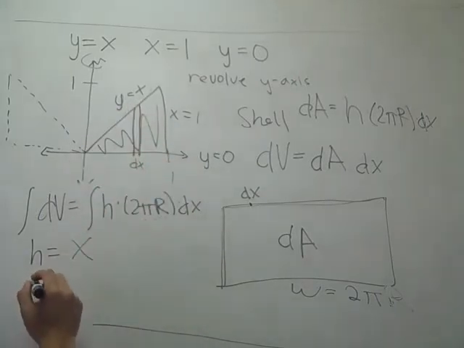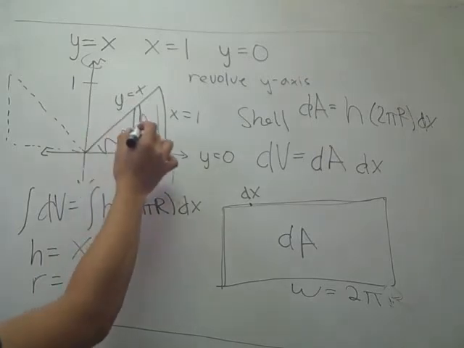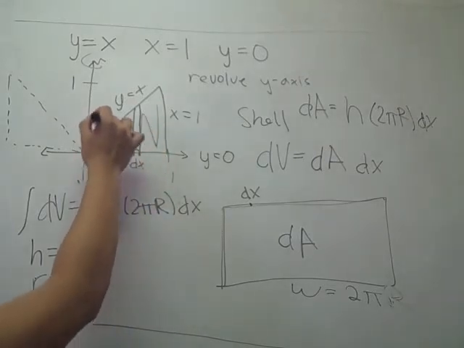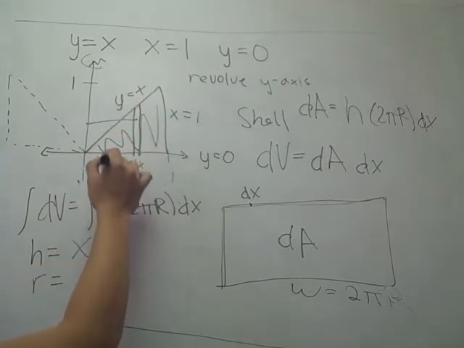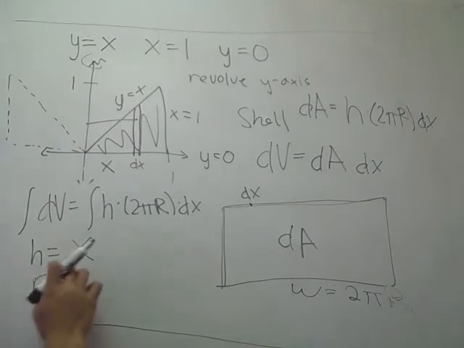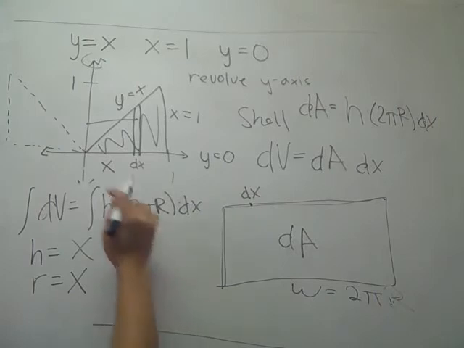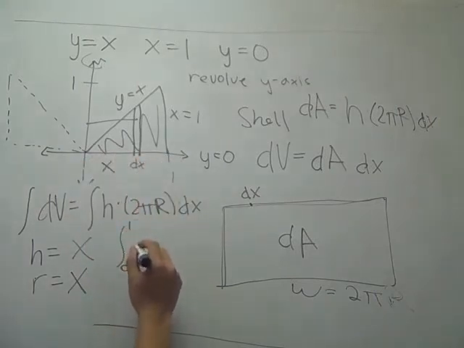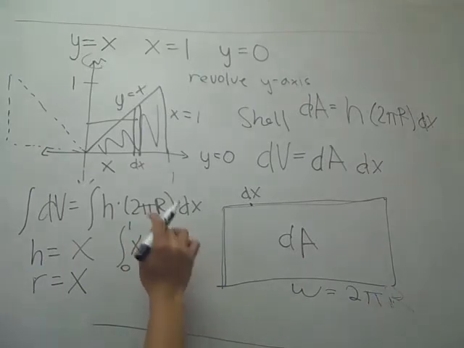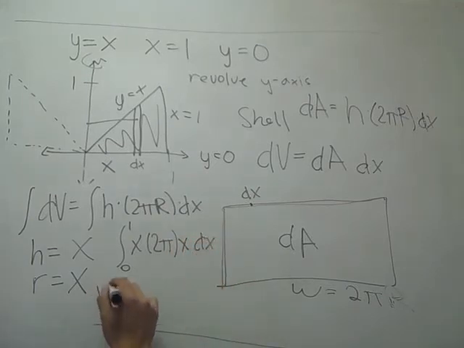And then our radius is going to be from the y-axis to wherever each shell that we made is. So from here to here. And that is going to be the x value as well. So with the height function being x and the radius function being x, we replace in our formula and we get the integral from 0 to 1 of h, which is x, times 2 pi r, which is x again, times dx. And that gives you the volume is equal to